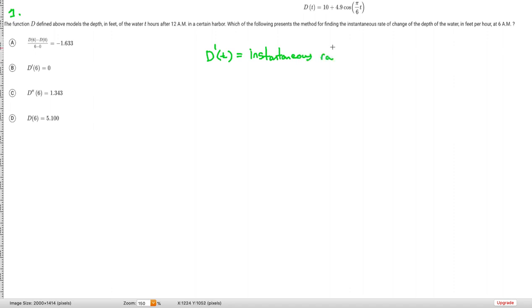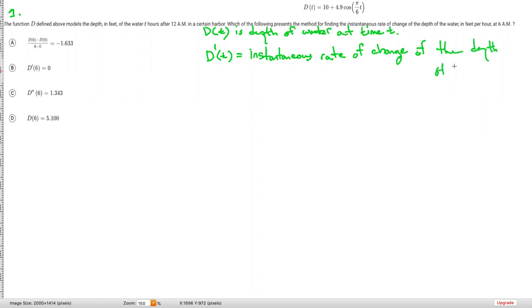rate of change of the depth of water in this case, because you have it where D of t gives you the depth of water at time t, then that means that the derivative of this function is going to be the instantaneous rate of change of the depth